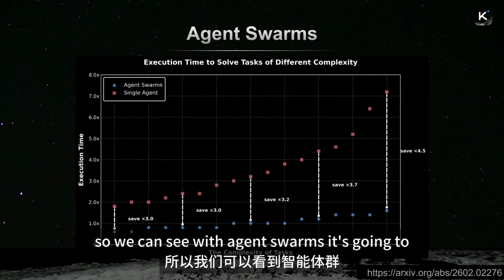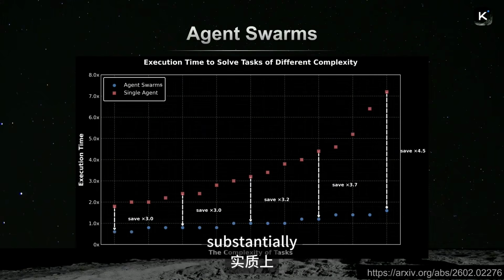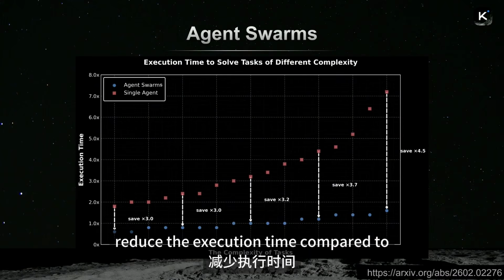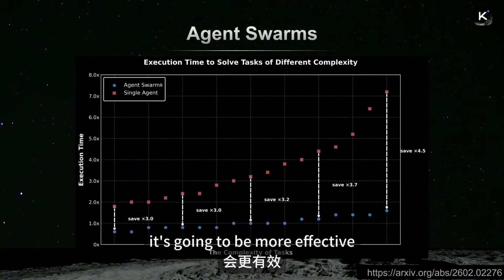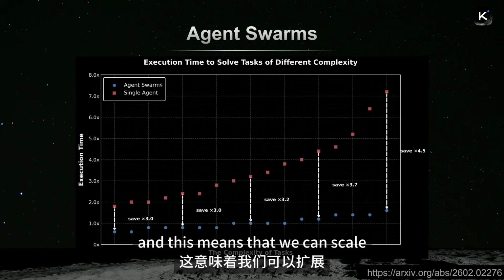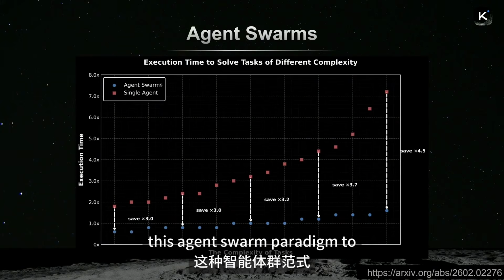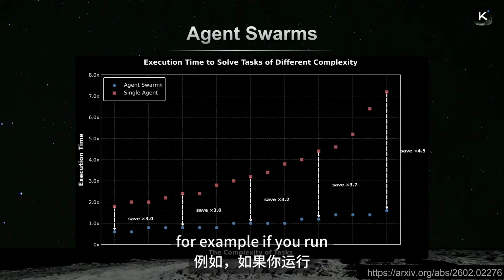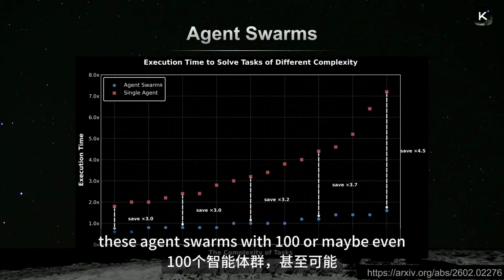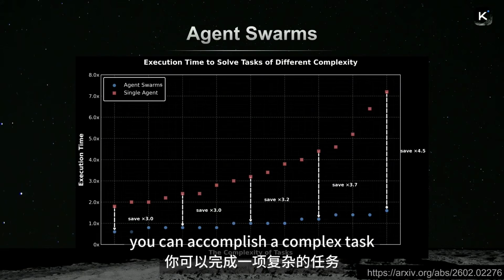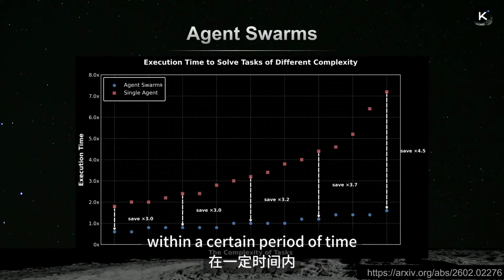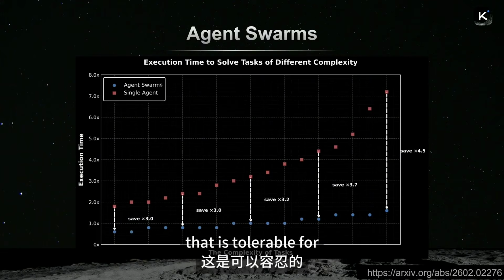You can see that with agent swarms, it's going to substantially reduce the execution time compared to single agents, and is going to be more effective. This means that we can scale this agent swarm paradigm to, for example, 100 or maybe even 1,000 sub-agents, and accomplish a complex task within a period of time that is tolerable for